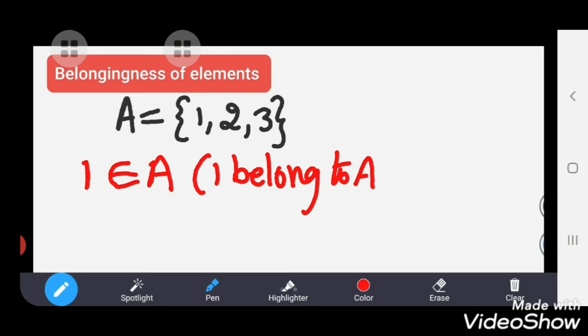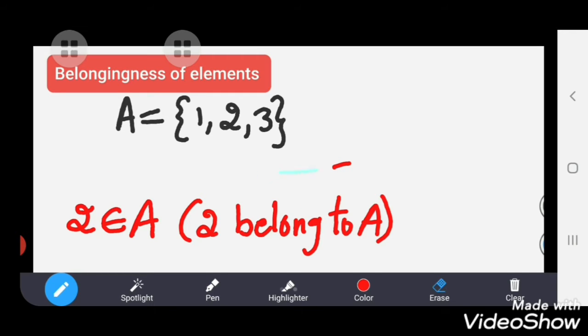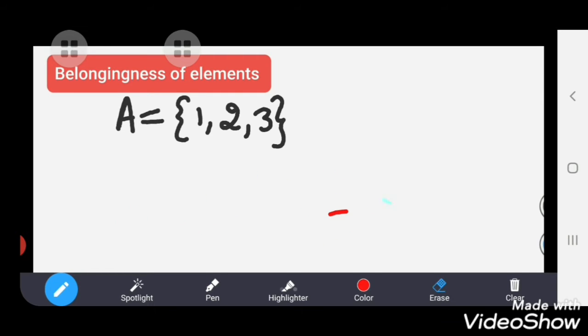And if you observe the next element 2, 2 is also an element of A, so we have to write 2 belongs to A. That means we have to read it like this: 2 belongs to set A. Okay, so like this, if you observe the other elements, for example, if you take the element